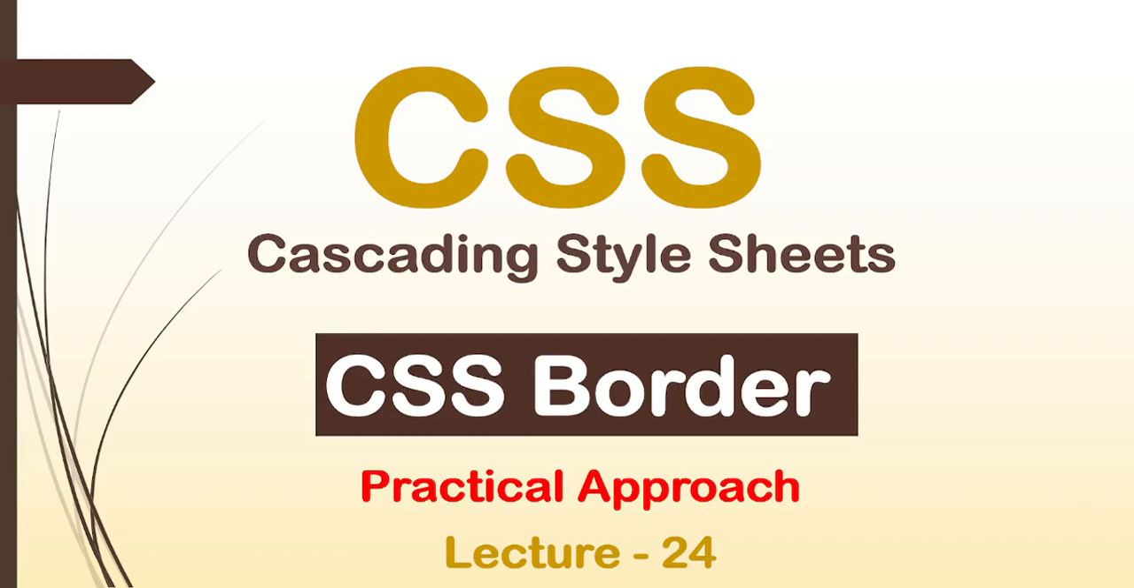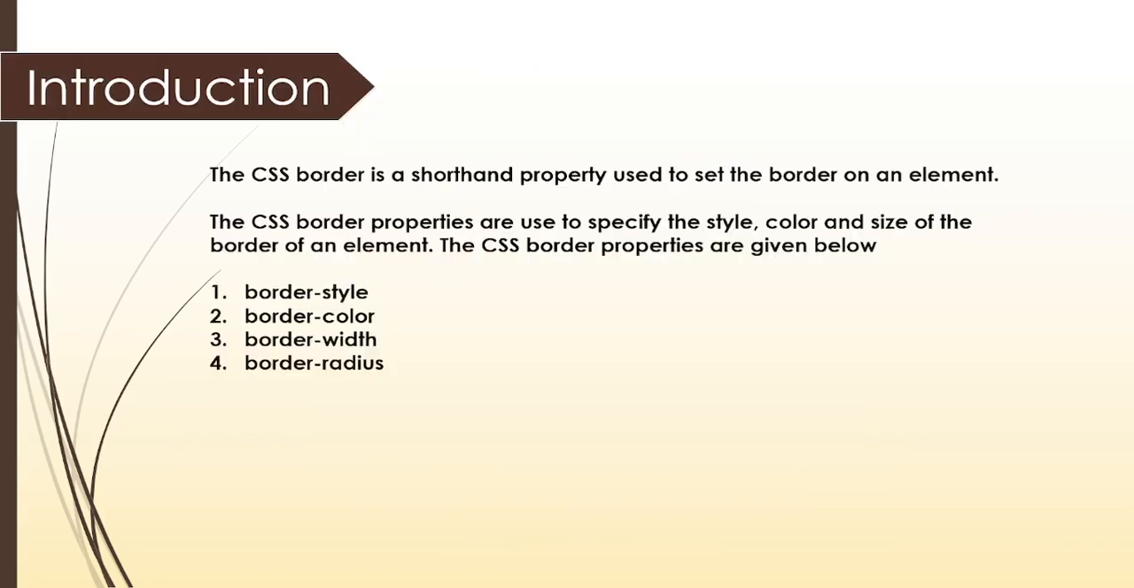In this video lecture, we will be discussing cascading style sheets border properties. As we have discussed in the previous lecture, in CSS, border is a shorthand property that is basically used to set the border of any HTML element. CSS border properties are used to specify its style, its color, the size of the border, etc. So before moving to the practical approach, let's move to the introduction part first, where we have already